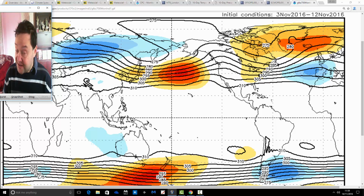So, for the next 10 days anyway, we're definitely in a milder phase now. It looks like we're turning colder in the second half of the coming week. The start of the weekend is also quite cold. Later in the weekend it probably turns milder and wetter. The early part of next week looks generally quite mild and unsettled. And then after that, for the final week of November, we probably have to start thinking about blocking returning, bringing winds back into the north, possibly giving us a cold end to the month, and that could